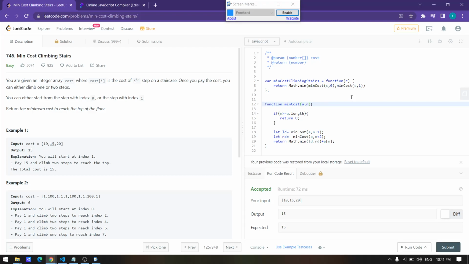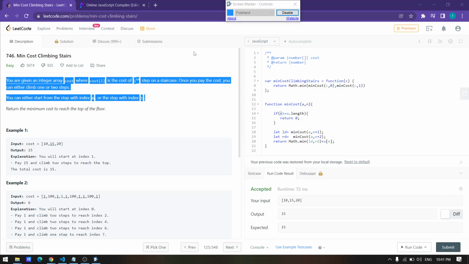For that you have to do nothing, just memoize it, because suppose for a specific value of n you have already calculated the answer, so why calculate it again?